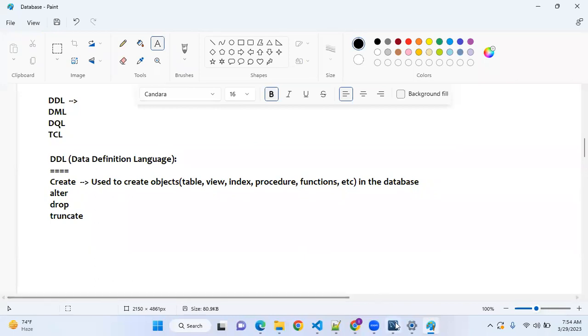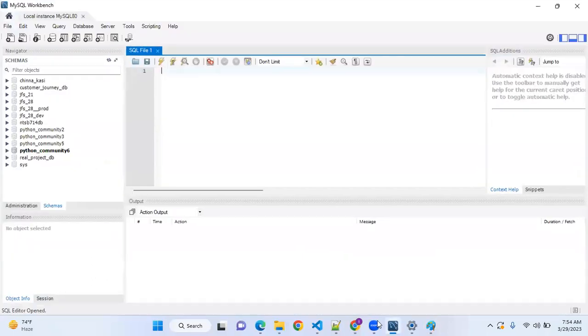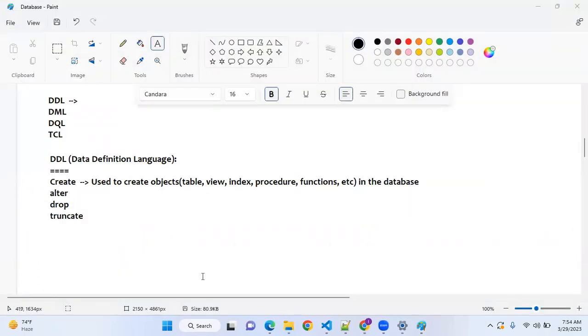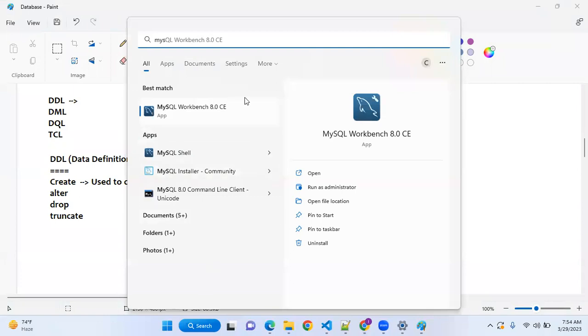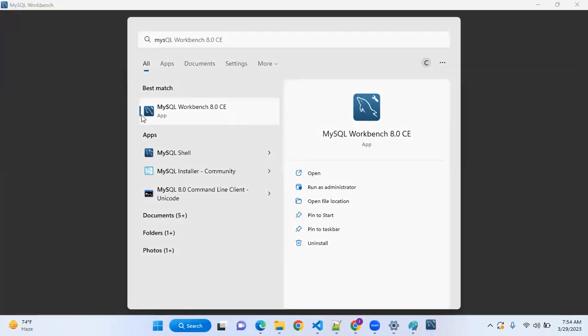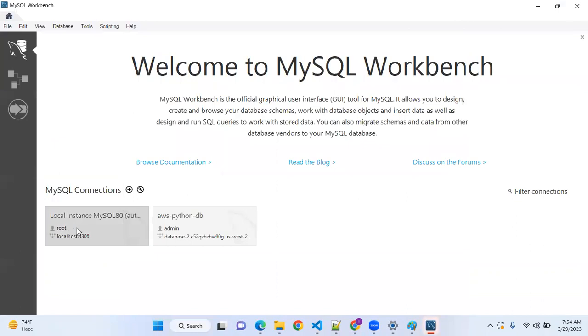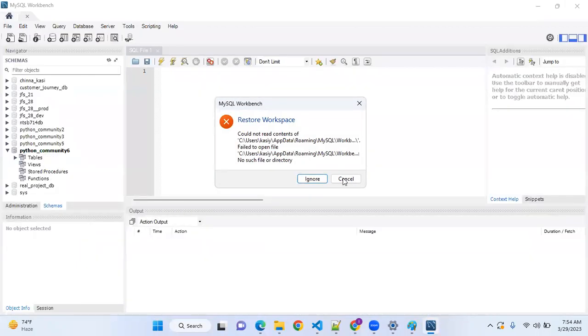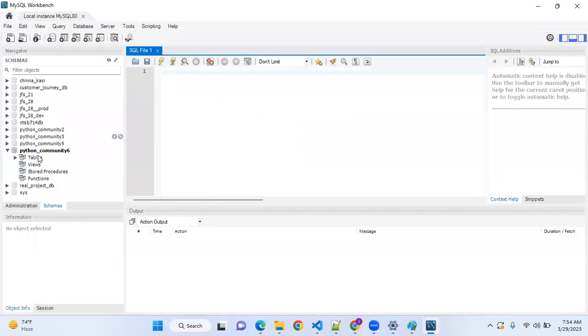Now, the very first thing that we need to do is go to our database and create one new database. So this is MySQL Workbench, guys. Let me open it again. Once you install MySQL Workbench, you can see something like this, search for it and just double click on that. MySQL Workbench will open. Here you can see local instance. Click on that. This is one of the connections, one of the database servers. We're connecting to this server.